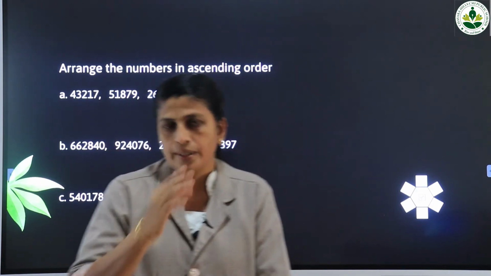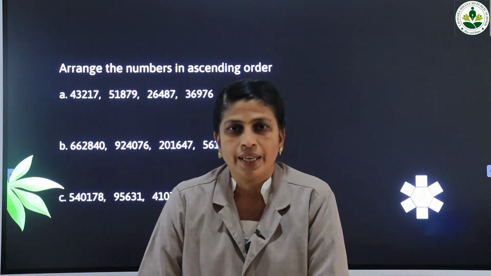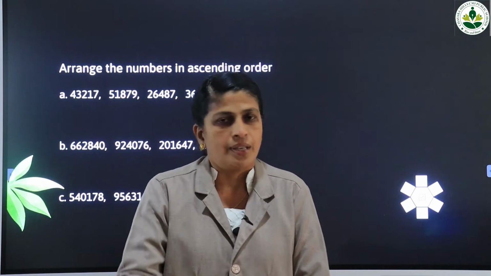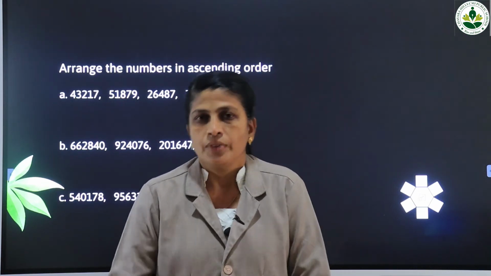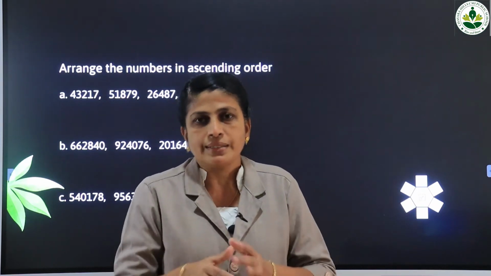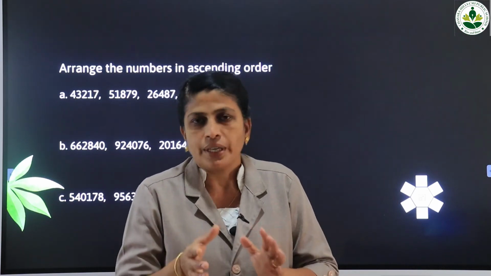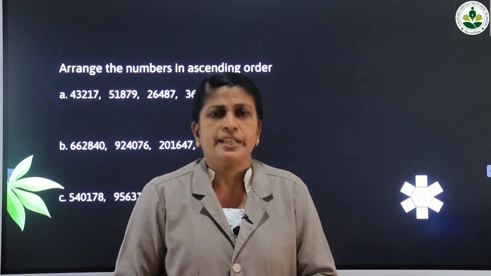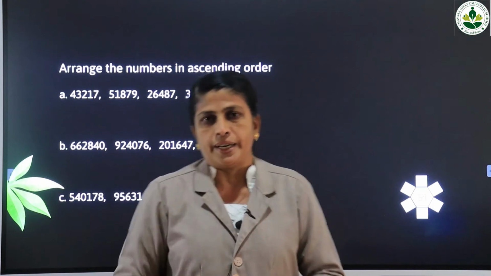Whenever you think about ascending, think about the assembly line, isn't it? In the assembly, how do you stand? The shorter ones in the class stand at first, and the taller ones stand at last, isn't it? That means ascending order is connected with the assembly line. That will be easy for you to remember. Therefore, ascending order means starting from the smaller number to the bigger number.